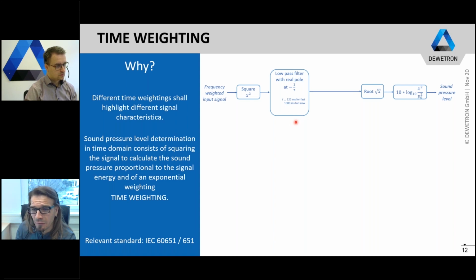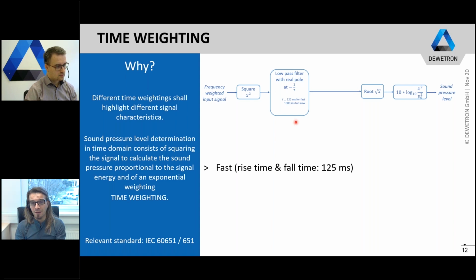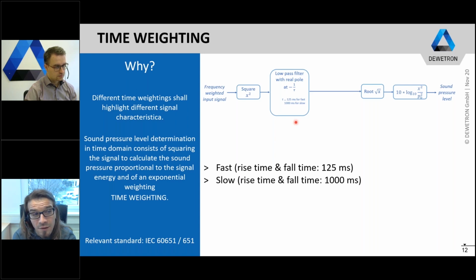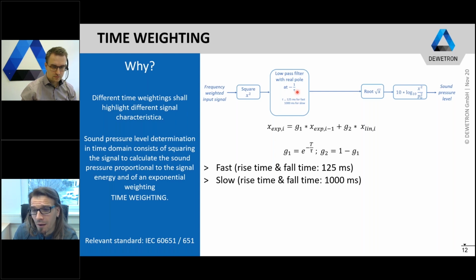In today's life, two different time constants still exist. On the one hand, the fast time weighting with a rise time and fall time of 125 milliseconds, and a slow time weighting with a rise and fall time of 1000 milliseconds. And as I said, you can imagine this as a low-pass filter,